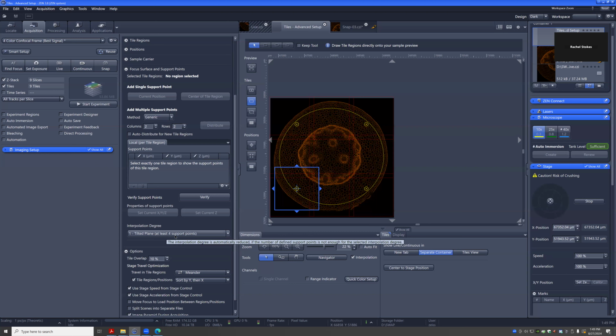So we want to pick this one, at least 4 support points. This can simulate a tilted plane. You can imagine if you have a tilted plane, as long as you have 4 points, you can simulate that in space. So that's what it can now use to interpolate and calculate where the focus needs to go. Once you have more support points, so at least 9, and the next tier is going to be 15, then 22,